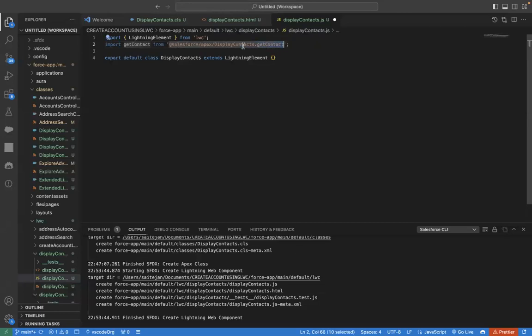So this is the class, this is the Apex class, and this is the method that we have defined, and we have just given aura enabled, right? So when we give the aura enabled, what that means is that now we can access that particular method inside our LWC code. Okay,